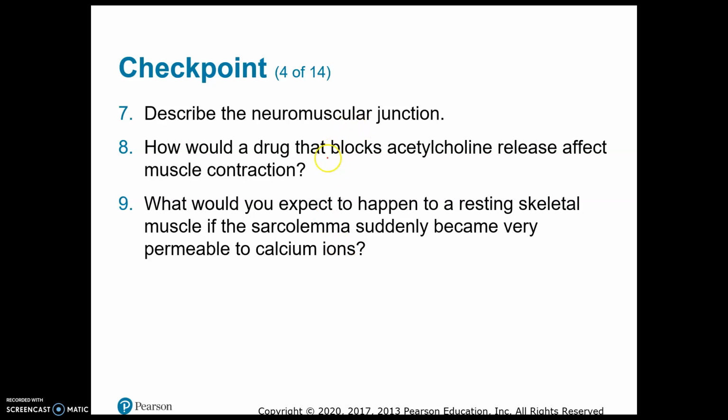How would a drug that blocks ACH release affect muscle contraction? Well, it would stop muscle contraction. ACH is necessary to lead to an action potential in the muscle fiber, which leads to the release of calcium. And so the ACH is like the first step in the muscle contraction. What would you expect to happen to a resting skeletal muscle if the sarcolemma suddenly became very